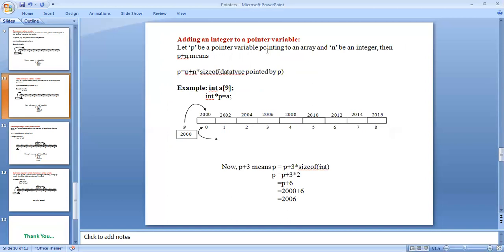Then p plus n means p equals p plus n times the size of the data type pointed to by p. But the meaning of adding or subtracting here is different from normal arithmetic.